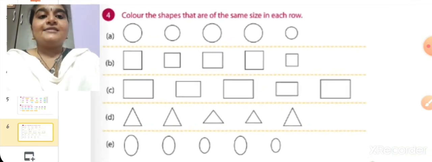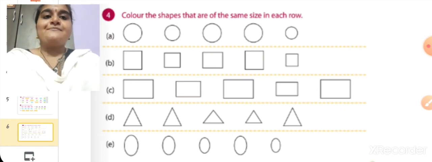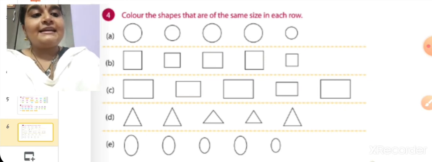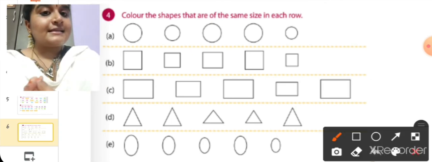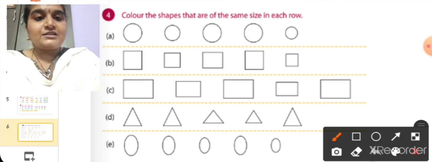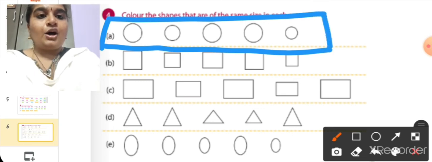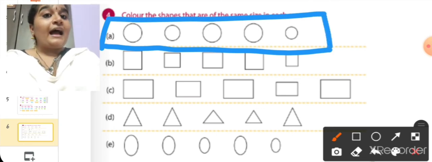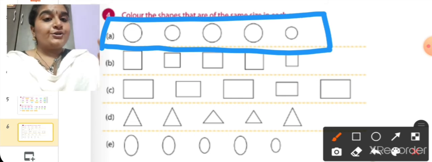Color the shapes that are of the same size in each row. Children, this is an activity for you. A, the first one is there, right? This one you are going to see, and the same size ones you are going to color.